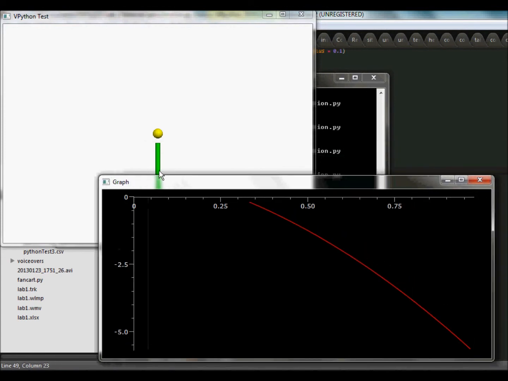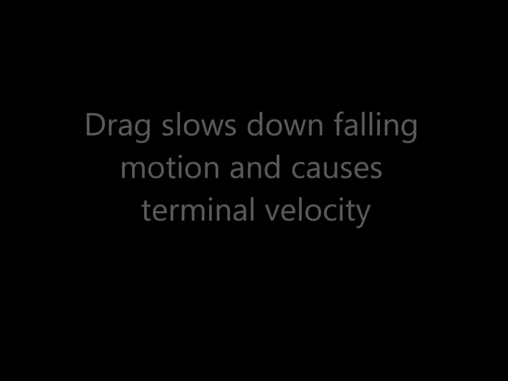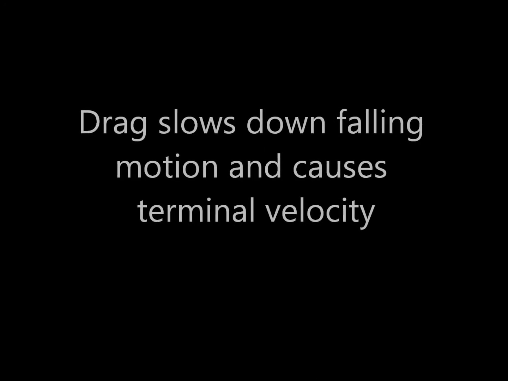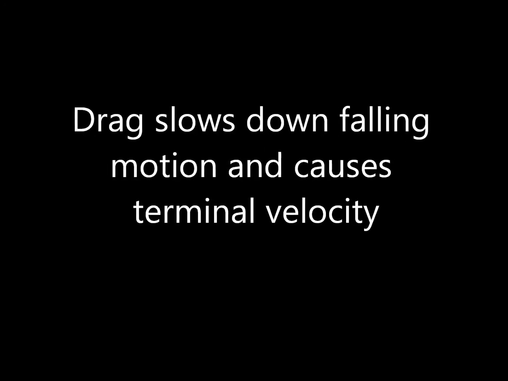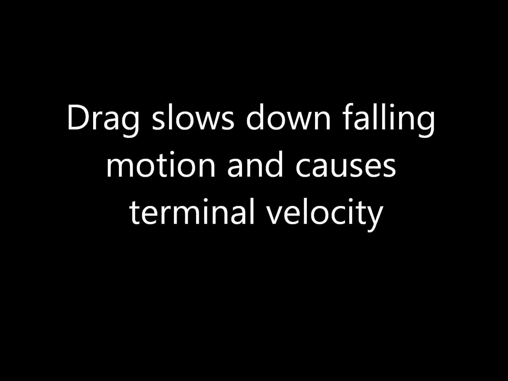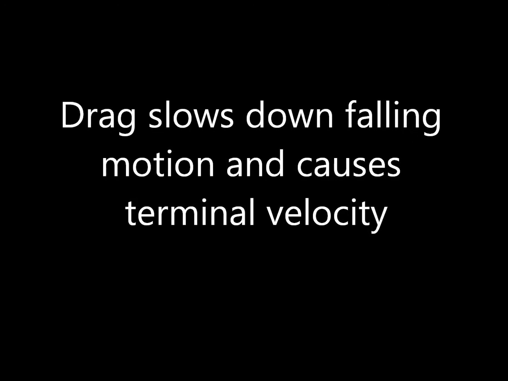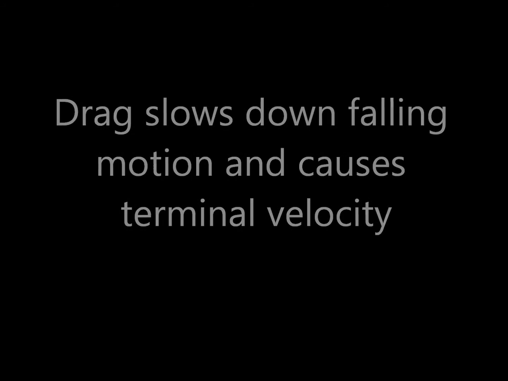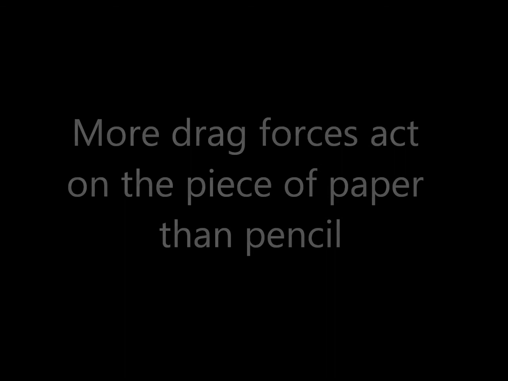In the end, we can conclude that because of drag forces, motion for falling objects varies depending upon the type of object that's falling. And that variation can be very significant, as we see from our observation with the pencil reaching the ground in less than half the time it took the piece of paper to travel the same distance. Furthermore, because the piece of paper's graph of motion was mostly linear, we can assume that it reached terminal velocity rather quickly, while the pencil does not appear to have reached terminal velocity in the interval it fell during. We can make the prediction that objects like pieces of paper which have a large area of contact with air compared to their weight tend to have higher drag and reach terminal velocity